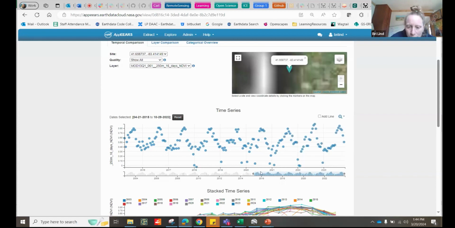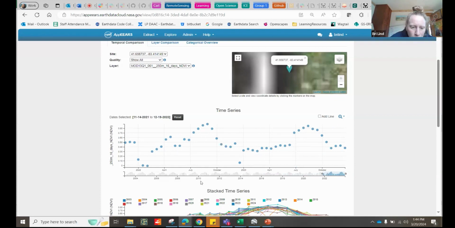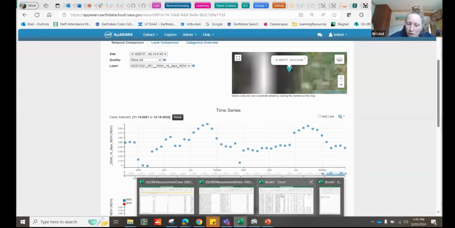Let's narrow this even a little bit further and say, well, let's just say most recently. Okay, so now we can look at the different months and say, wow, it looks like greenness gets up pretty high in September, maybe. Well, what's the date? 8/29. So that's the end of August. And then it's a really similar time, but not the exact same date for the next year. So there's things that you can look at, and you could kind of go back and see, well,